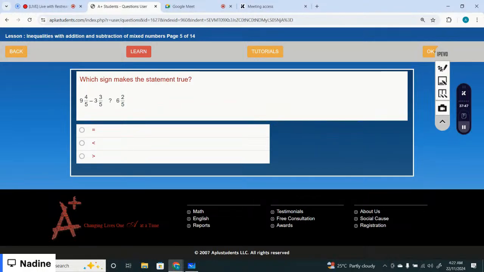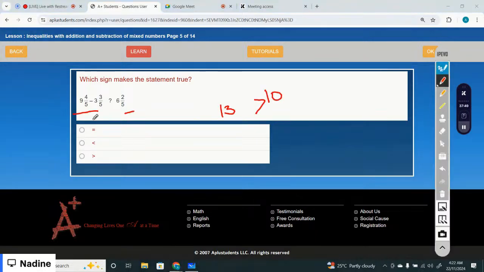9 minus 3 is 6. Here, if you subtract these whole numbers, 9 minus 3 is 6, right? And here you already have 6. When the fractions have the same whole numbers, you have to compare their